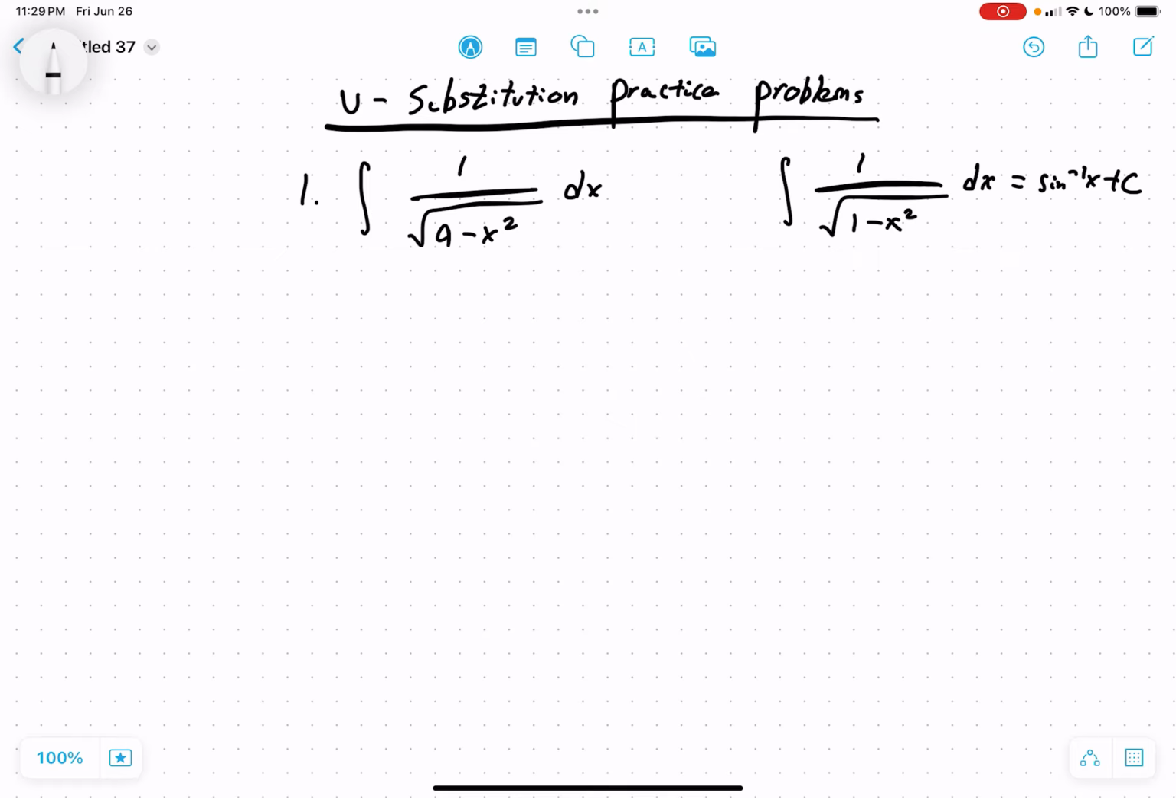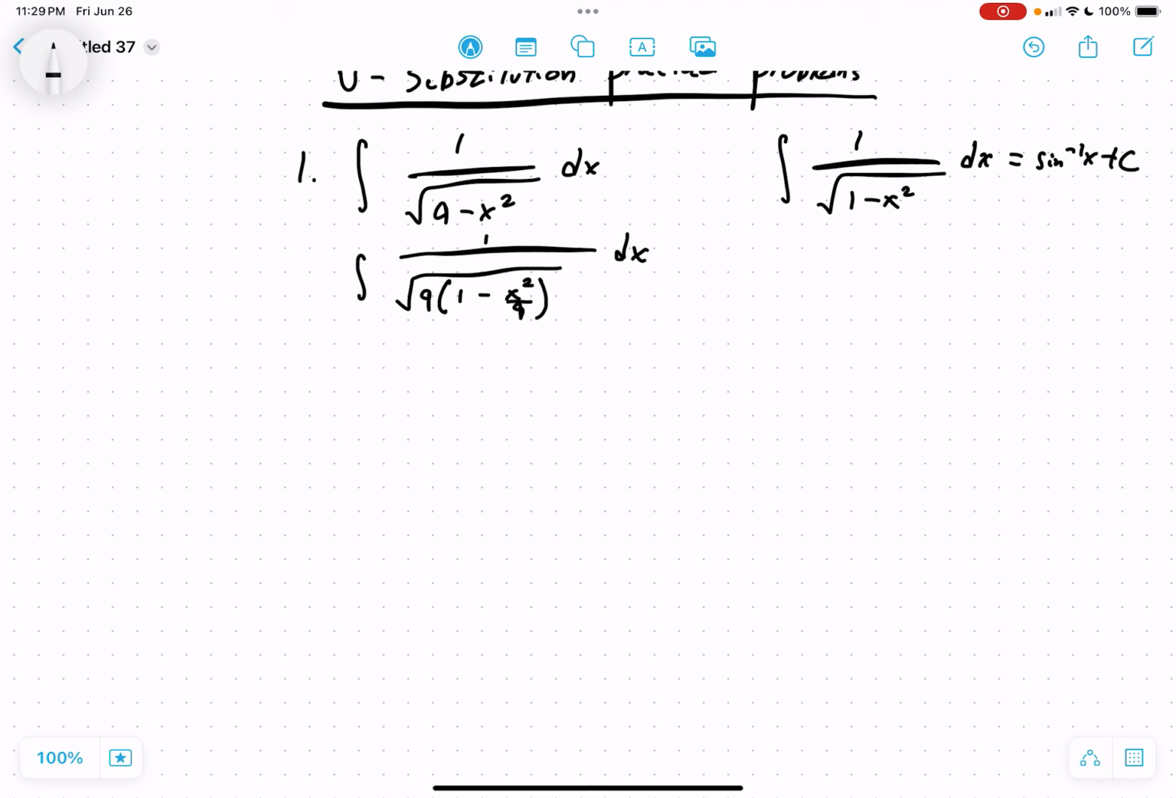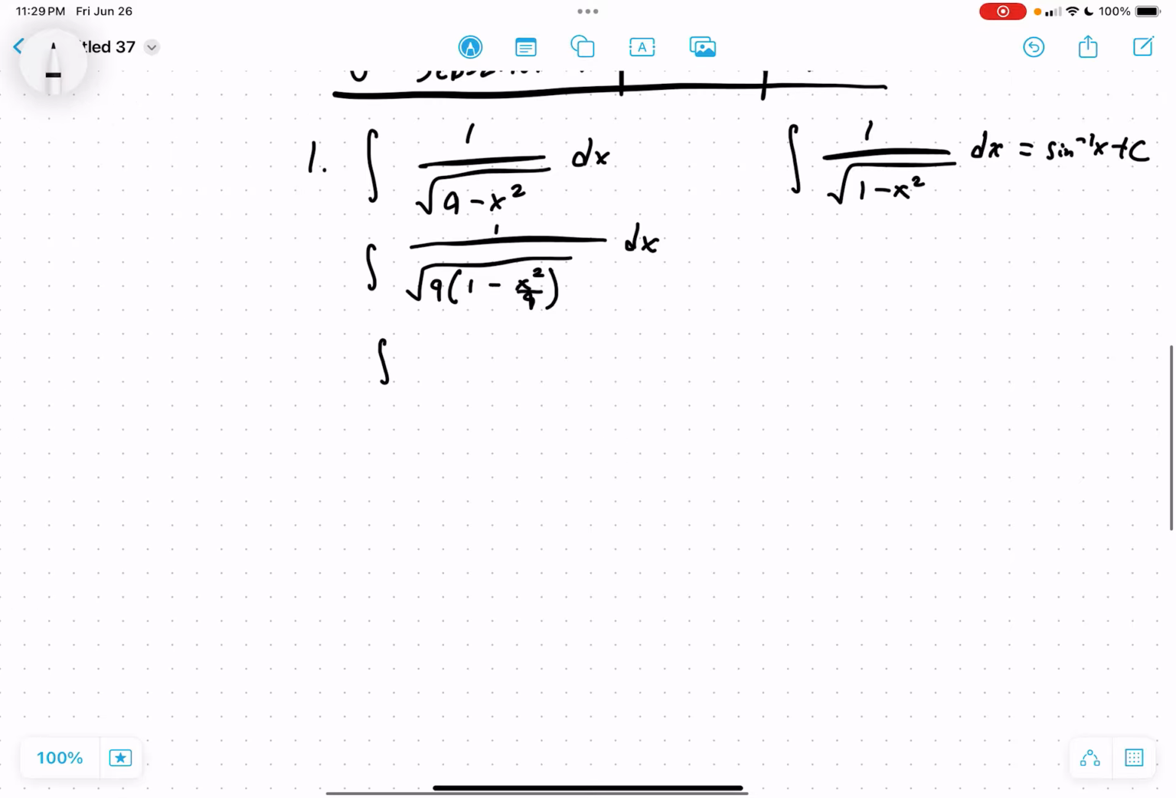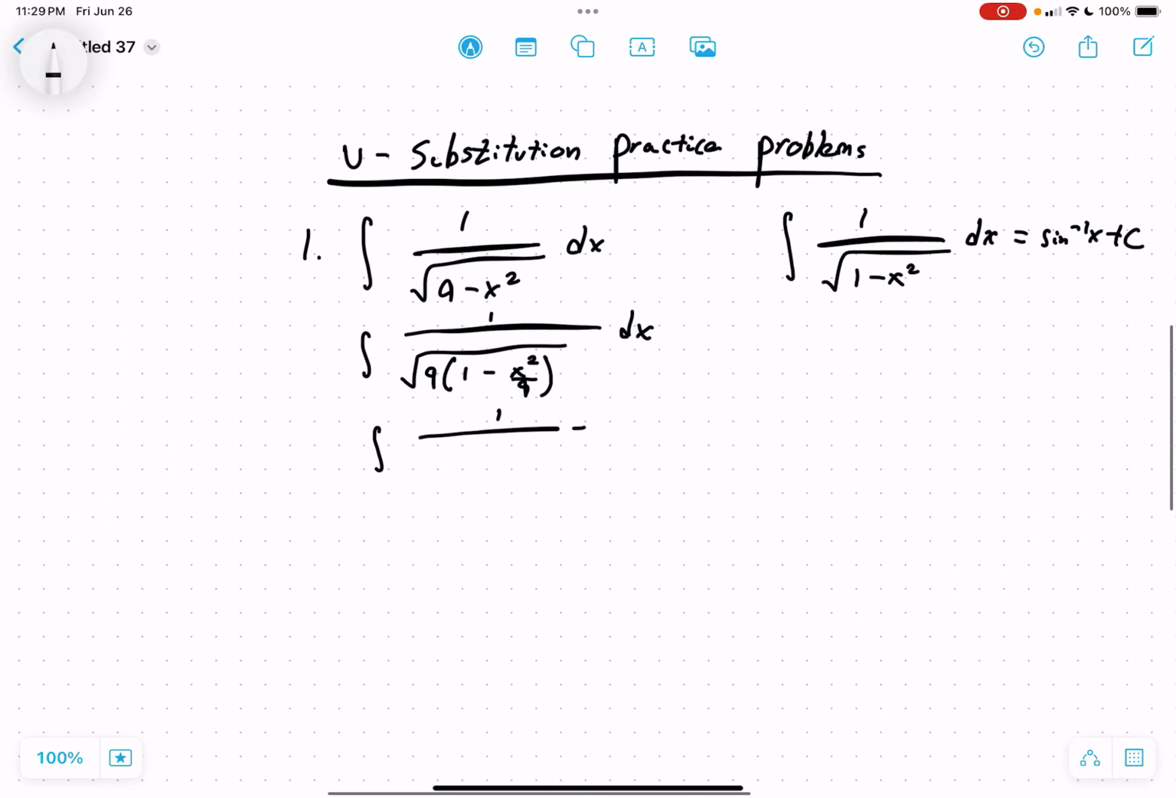The first thing I'm going to do is rewrite this as the integral of 1 over the square root of 9 times 1 minus x squared over 9 dx. Okay? And next, I'm going to take out 9 because it's the same thing as 3 squared. So I'm going to take out a 3. And this will become the integral of 1 over 3 times the square root of 1 minus, and then I'm going to change this to x squared over 3 squared